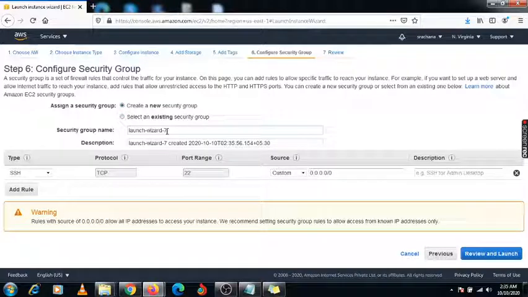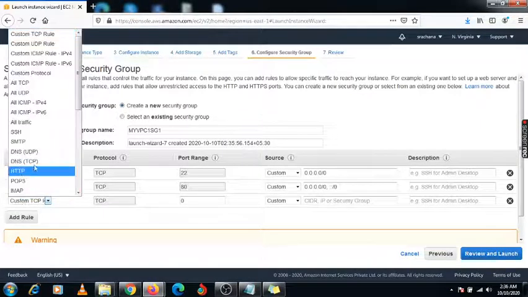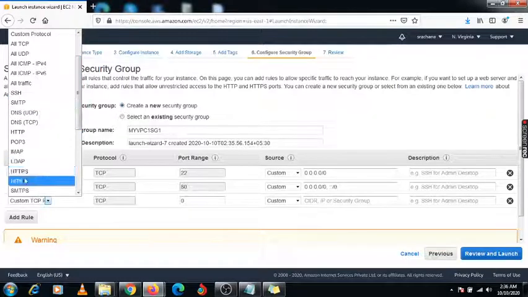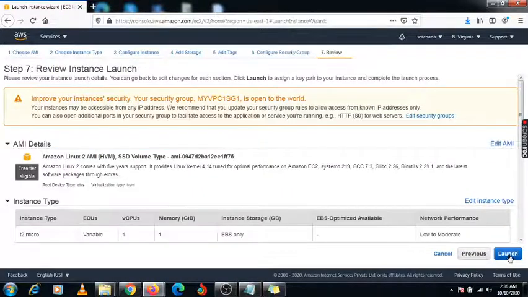Here I am going to create one security group as my VPC1 SG1, and here you need to specify the ports, that is HTTP and HTTPS, and you need to select anywhere, anywhere and anywhere, review and launch it.